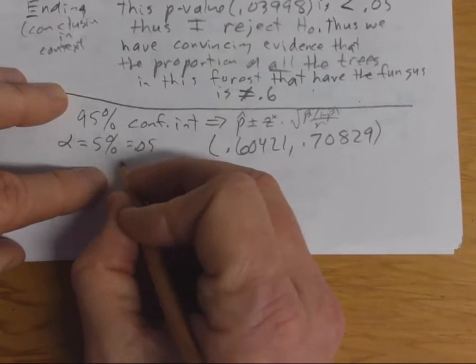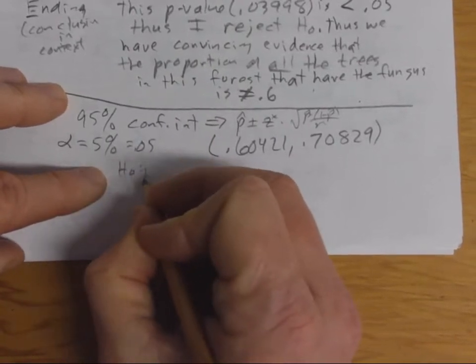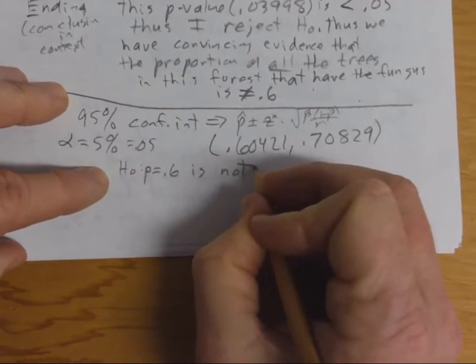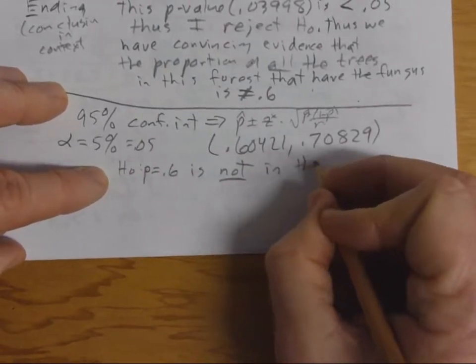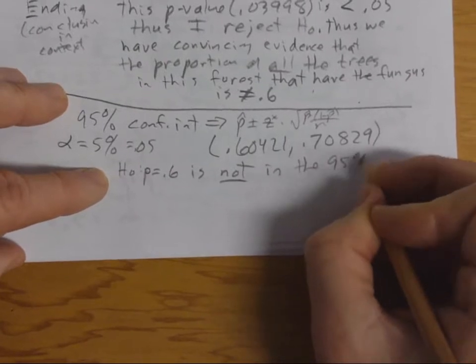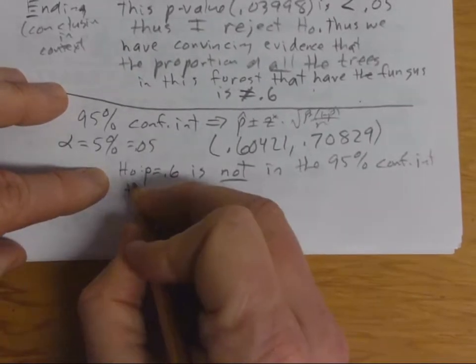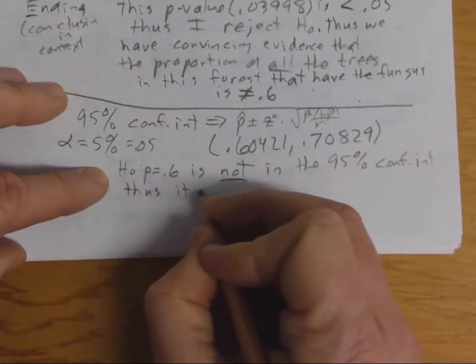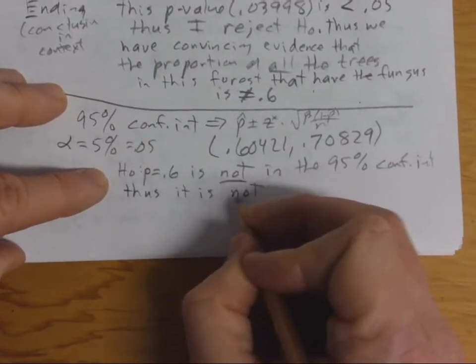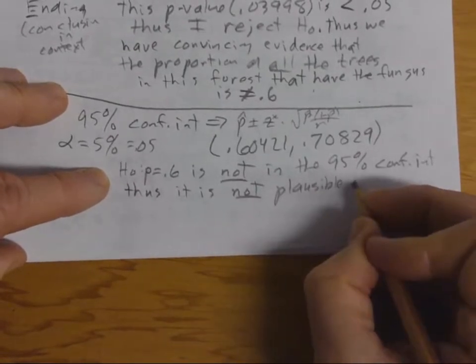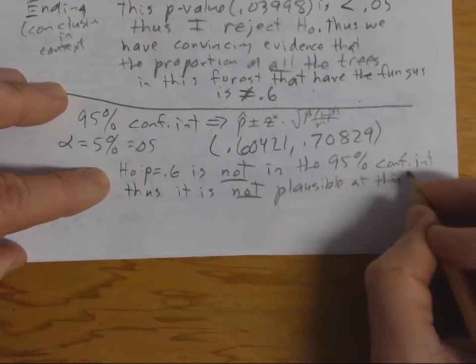You would say the null hypothesis value of p equal to 0.6 is not in the 95% confidence interval. Thus, it is not plausible. It is not plausible at this level